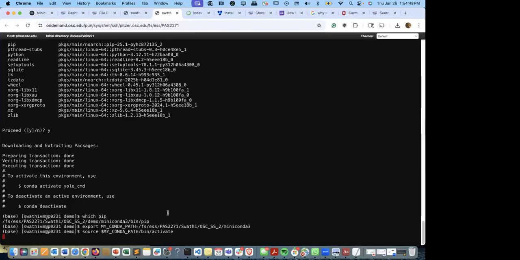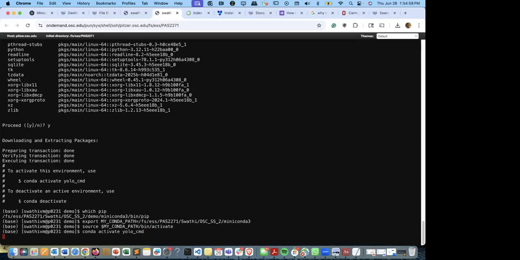So basically, I'm sourcing it back to my previous miniconda that I've already installed before the demo. And now I'm activating the command line version of it. And now let's run the time command, time python